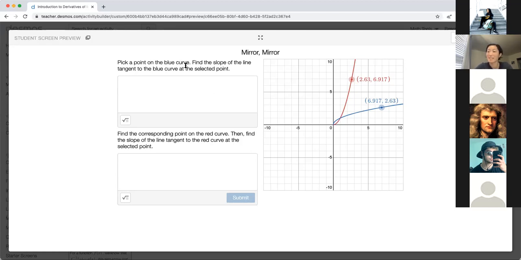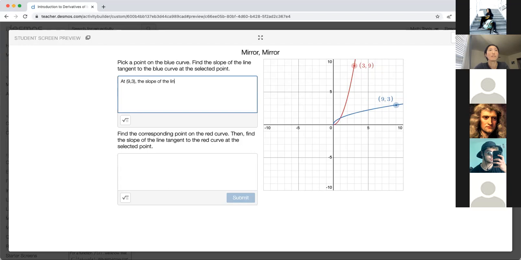All right. Does anyone have a point that they are working on? A point on the blue curve? Let's maybe start there. All right, so someone give me a point on the blue curve. 9,3. Okay. So at 9,3, the slope